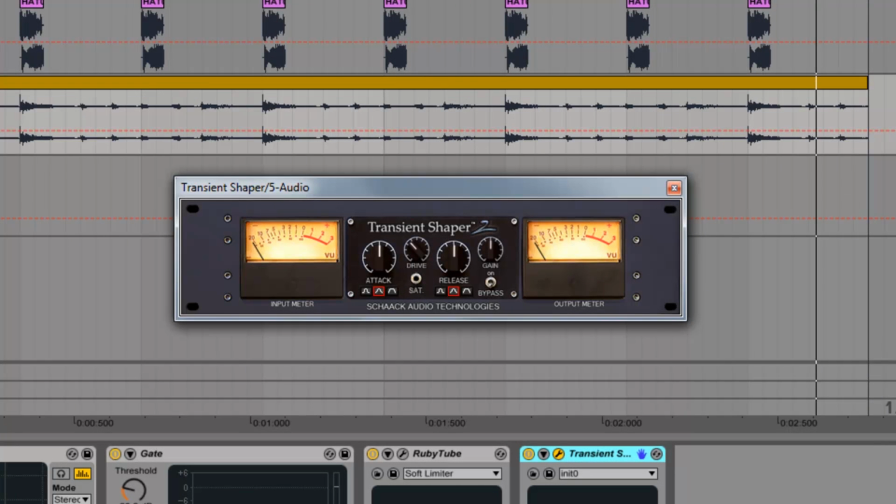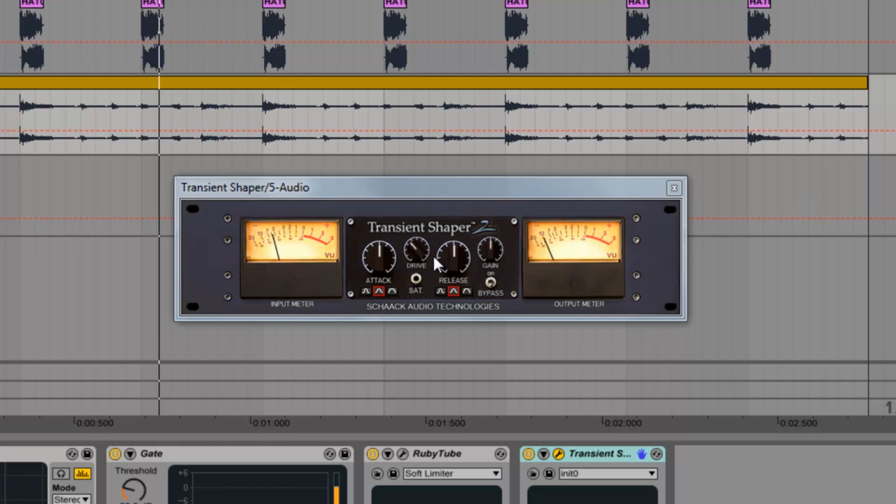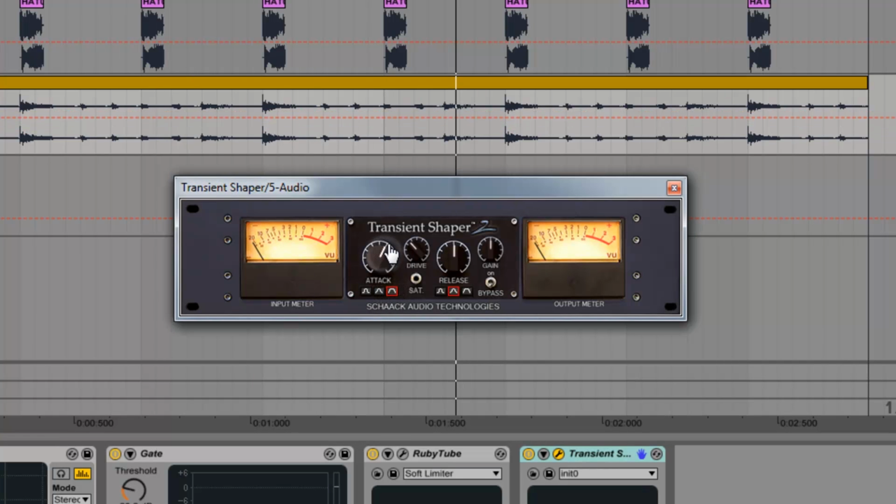And it actually makes it seem a little bit louder. So then I'm going to add in a little bit of attack, and that attack will really add in that saturation on each individual transient. The next thing I'm going to do is make this even shorter by taking out a little bit of release, and that way we'll get